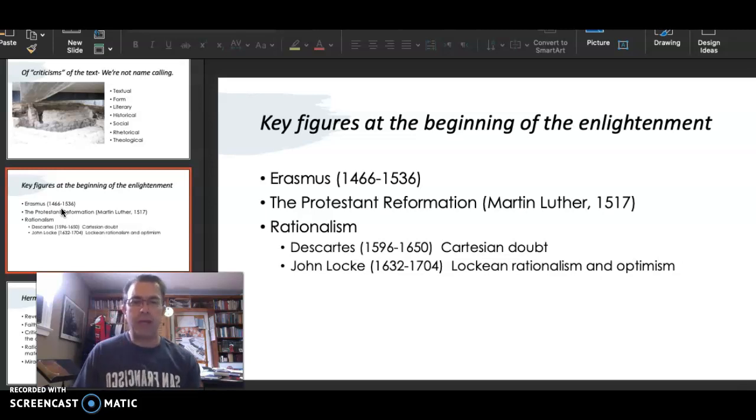With the Protestant Reformation and Martin Luther, 1517, that's 500 years ago, by the way, all of a sudden the issues of the text begin to rise in prominence and significance. The Catholic Church had been the body that would give the Bible to its followers, and the Bible would be given through the preaching event or the teaching event. And so the regular parishioner, who probably could not read or read in a limited way, would often not have access to a text.